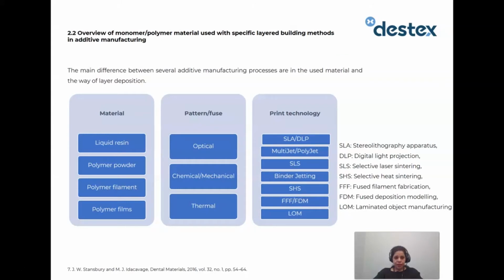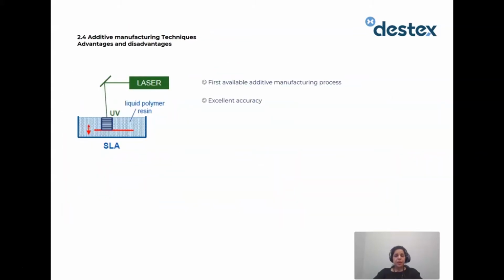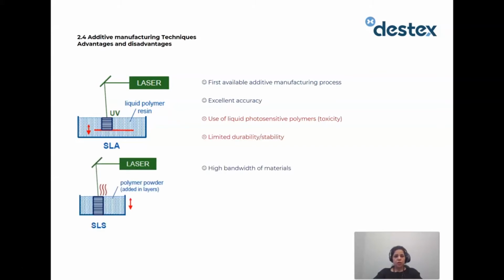The main difference between several additive manufacturing processes are in the used material and the way of layer deposition. There are different examples of these additive manufacturing techniques like FDM, SLA, and SLS. There are advantages and disadvantages for each of these techniques and methods,